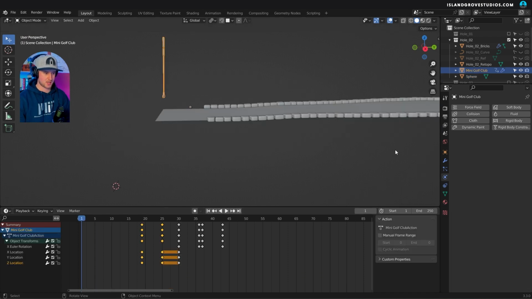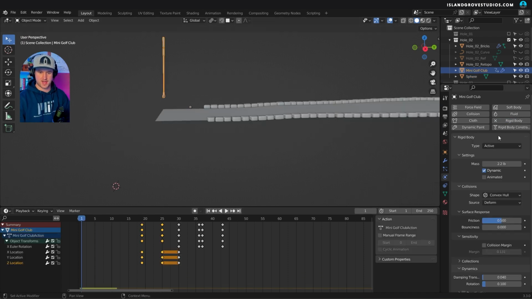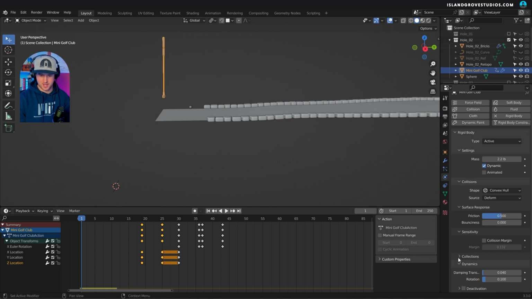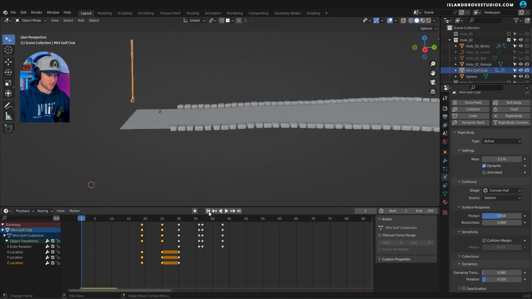So now when we hit play, the ball will just hit and land on the ground. Now we want to take the club, we'll go to rigid body active as well because it's acting on the ball, so it's an active object. We'll leave it, it's about 2 pounds, a golf club, give or take. We'll leave all this stuff for now and see what happens. So if we go back and hit play,